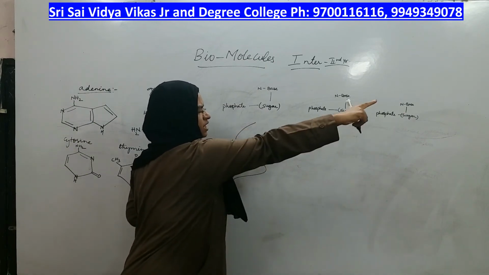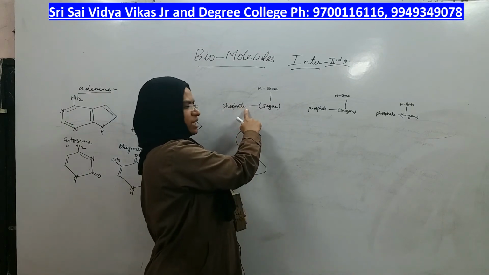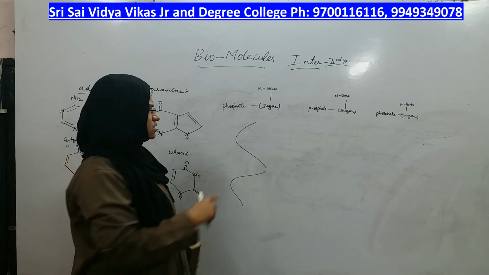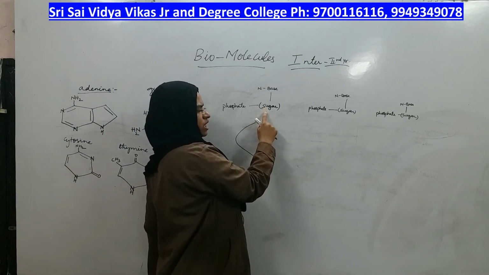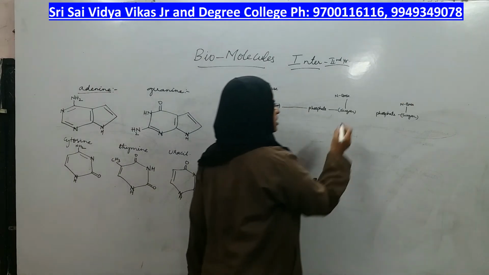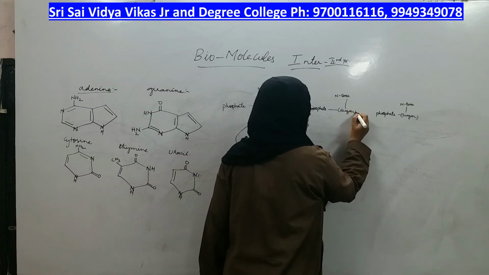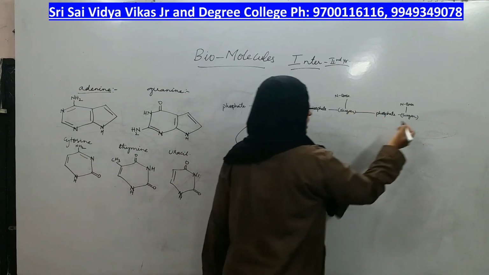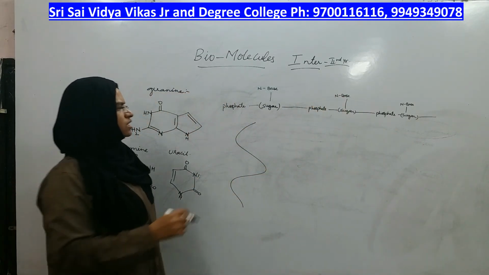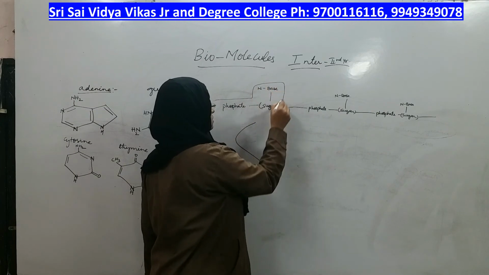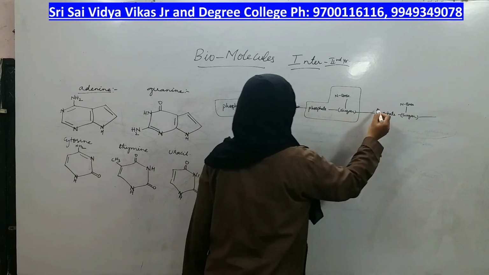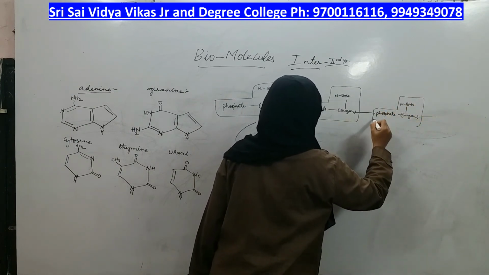This is one strand in which one nucleotide makes a bond with another nucleotide. So the sugar of one nucleotide makes a bond with the phosphate of the next nucleotide. In the same way, the sugar of one nucleotide makes a bond with the phosphate of the next nucleotide, and the same continues for a long chain. This is one nucleotide, this is another nucleotide. You should not get confused about where the first and second nucleotide are.